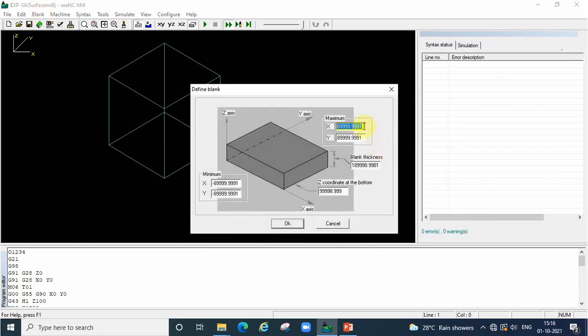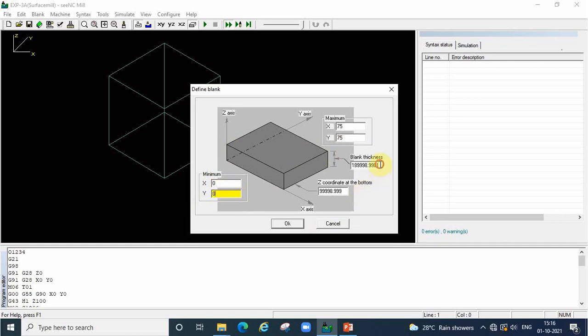This is actual raw material. So what is the X value as per the profile? It is 75 mm X value, and Y value also 75. So what is the minimum corner? We have taken corner reference only, there is no minimum corner. If we take middle reference, both the minimum corner and the maximum corner we have to input. So in this no minimum corner, put it 0 simply.